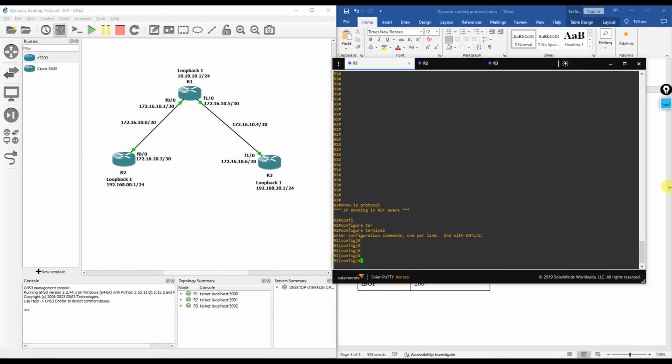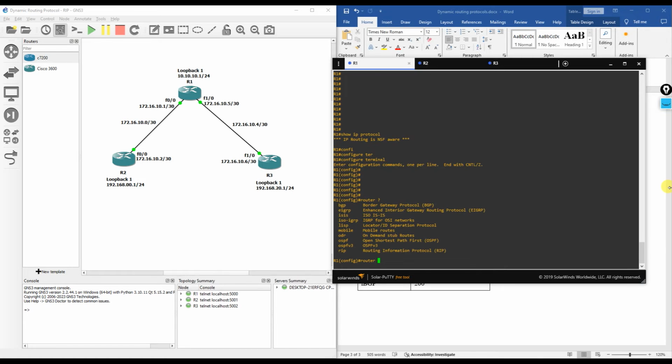So we will get into the configure terminal. We will type router, and if you put the question mark, it will give you all the routing protocols which we can enable, that is BGP, EIGRP, ISIS, IGRP for OSI network. Similarly, we have OSPF version 3 and RIP. So we are going to enable RIP here,